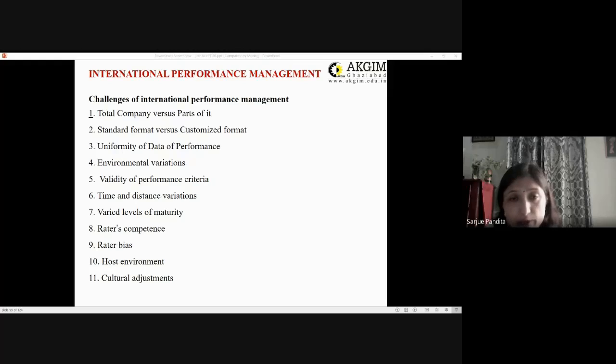So for example, for a PCN who is working within a subsidiary, you need to decide whether we should apply headquarters or host country criteria for evaluating the performance. For example, you are sending a person who was working in India. Now you are sending that person to the US. Now it becomes a challenge whether you have to evaluate his performance according to the Indian standards or Indian parameters that were set in the Indian organization, or you have to set the parameters where actually he is working, that means the subsidiary or host country.